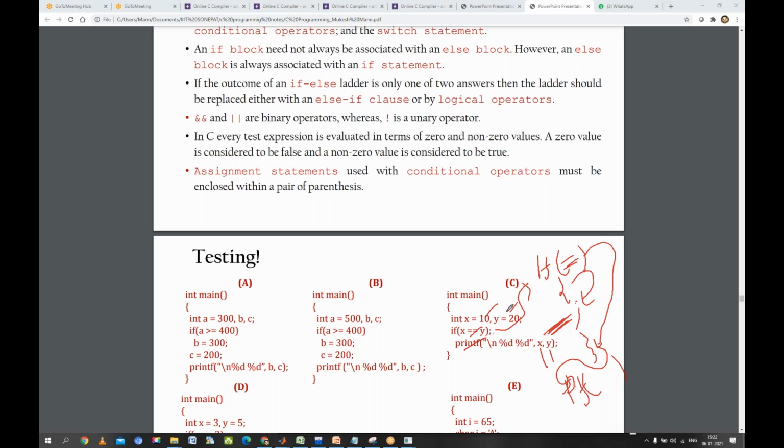Now consider the second case. If we have taken it as 10, not 20, but 10, then the condition gets true, 10 equals 10. Once it is true, it will enter into the curly braces. Then it encounters this blank statement and finishes with the semicolon. So the compiler is not going to print anything, although it enters into this. Are you getting the idea? Yes, sir.